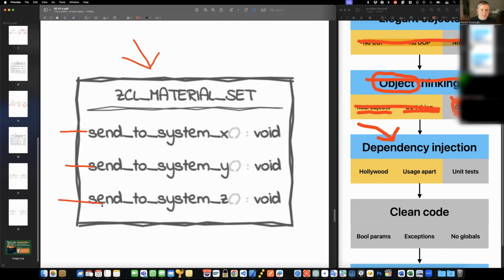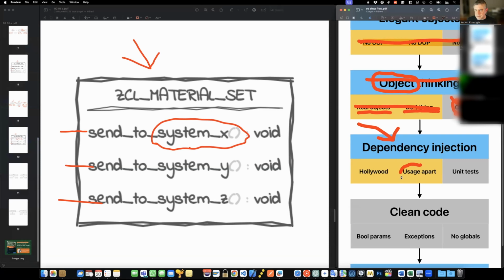Then send this to system Z, once again, another integration. Now, this doesn't look good to me. Why? Because I'm creating the object for system X, and I'm calling the method to send the material to system X in the same spot. So this does not comply with the dependency injection principle.